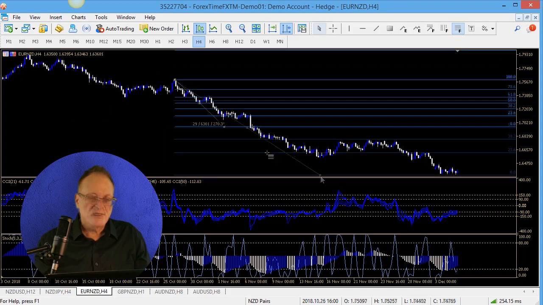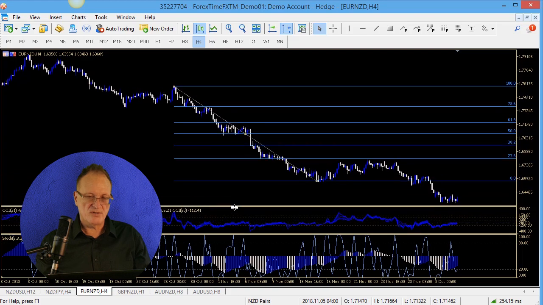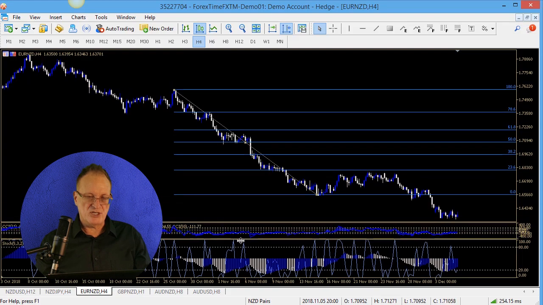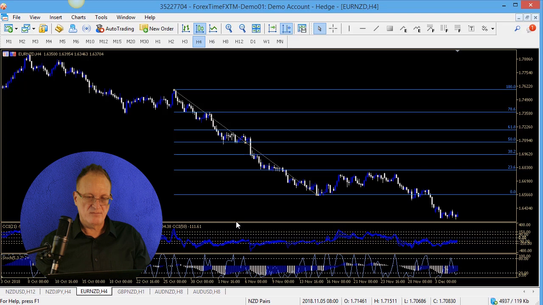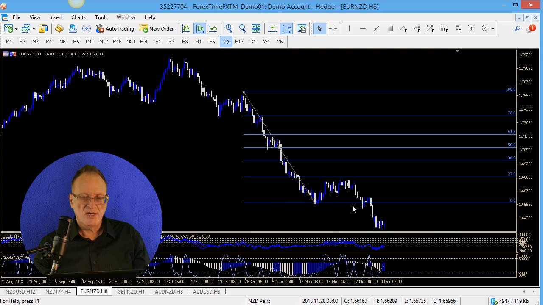In this recent trend of the euro versus the Kiwi, depending on what kind of, I can change the, because I have two channels below this, that's going to change the angle right there. But you'll see that it moved all of this amount of price over a short period of time. And then it moved only 23% of that amount of price over a longer period of time, creating a different